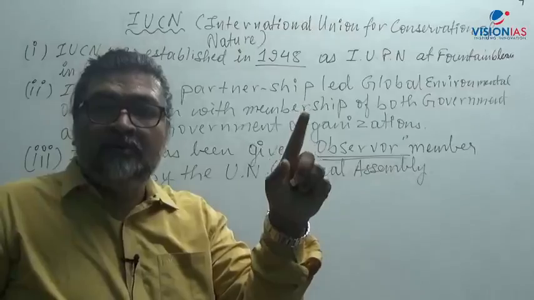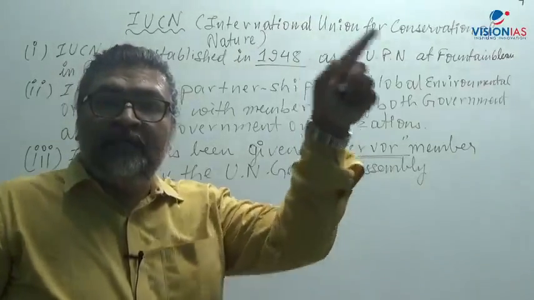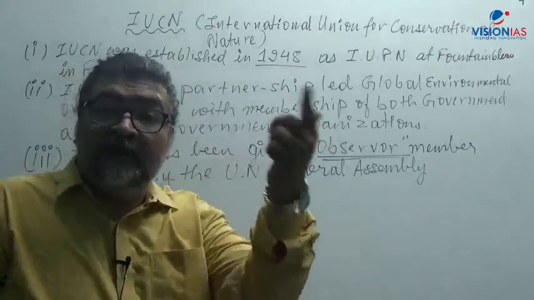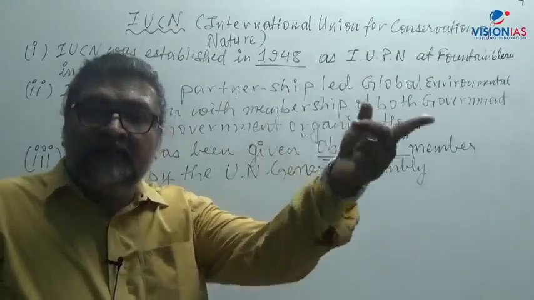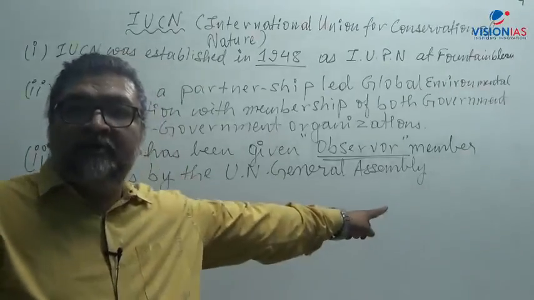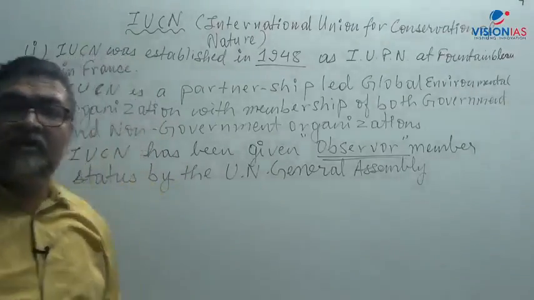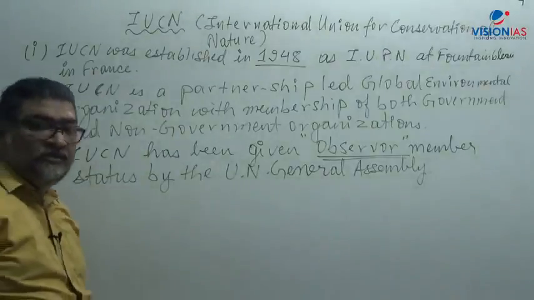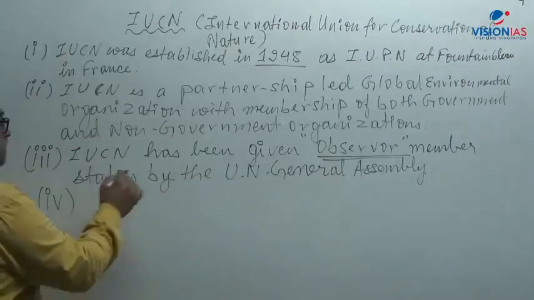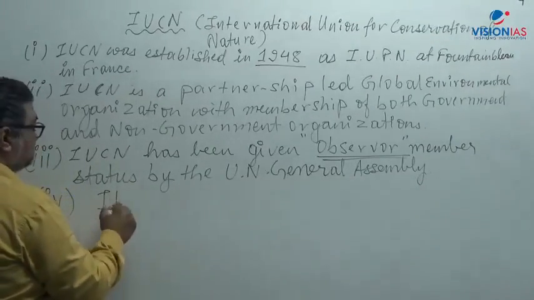UNESCO, WHO, UNEP, they are called intergovernmental because they are formed by governments. Governments are the members. Although IUCN has got observer member status, still we will not call it a complete member of the UN. Now what comes here? IUCN prepares